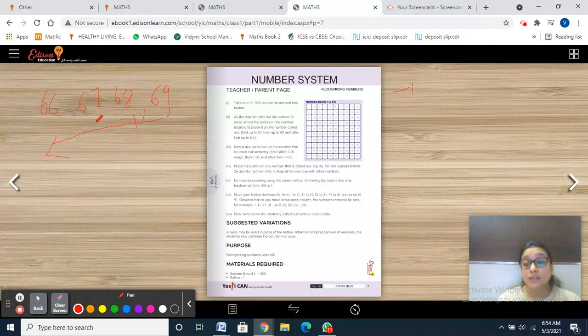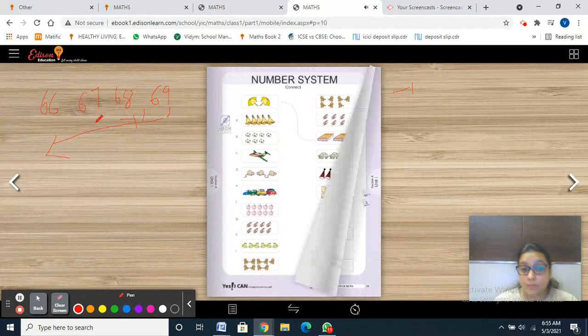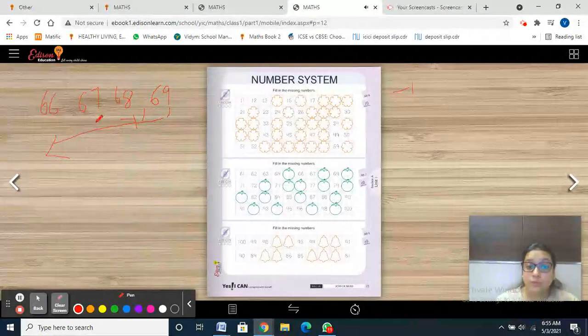And forward counting is the normal counting that you do, that is 1 to 100. So plus 1. We are adding 1. 1 plus 1, 2. 2 plus 1, 3. 3 plus 1, 4. So our counting depends upon plus 1. Okay. So forward counting means plus 1, and backward counting means minus 1. You have to keep this in your mind. Whenever we are talking about backward counting, we always do minus 1. And whenever we are talking about forward counting, we always do plus 1. Okay? Yes or no? Okay, everyone.